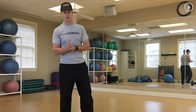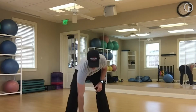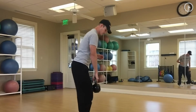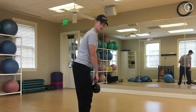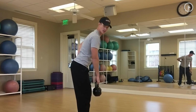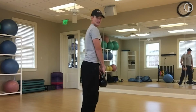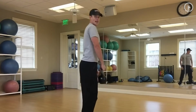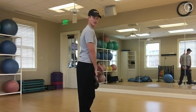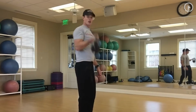So what we're going to start with is a one-handed snatch. I'm going to use my dumbbell. With this, I'm going to break all this down for you. Same as on our deadlift, we want to have good knees, good ankles, good hips, nice straight back. So we're loaded up into this position, standing up. As we go up, it's a nice little shrug. The weight travels up. And from there, hopefully, we've used enough force that it's going up and over our head